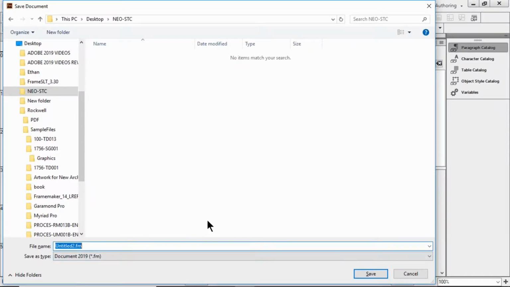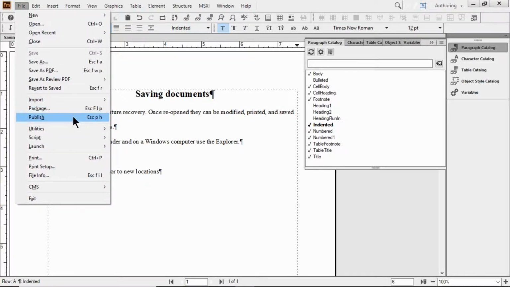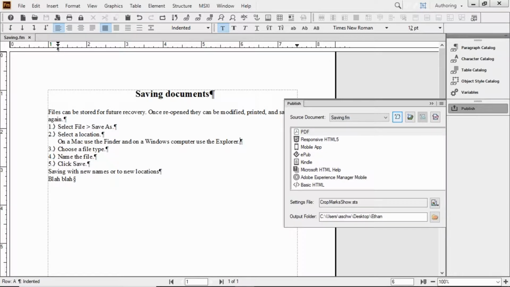So I'm going to call this one saving. There's my FrameMaker document on saving. I would suggest you put it in a location that's easy for you to find, wherever it is, as long as you can get back to it afterwards. Now, here's the cool part. This document, we're going to go in and choose File, Publish. We could do a Save As. We could make it into a different FrameMaker document. We could save it to a couple formats. But the Save As,